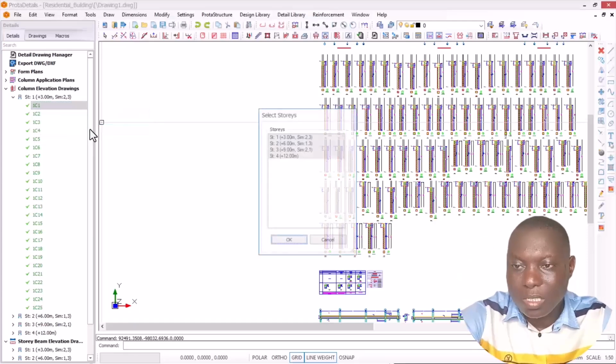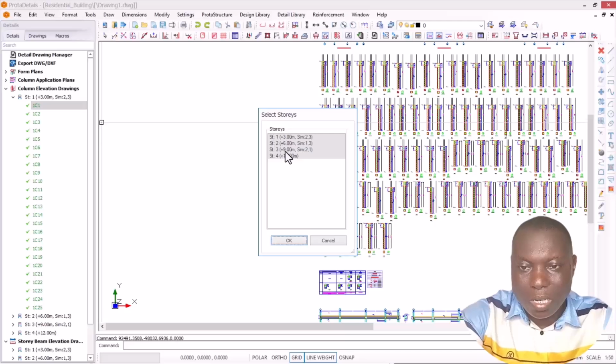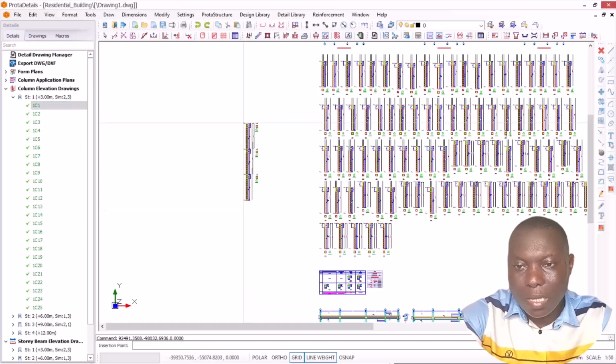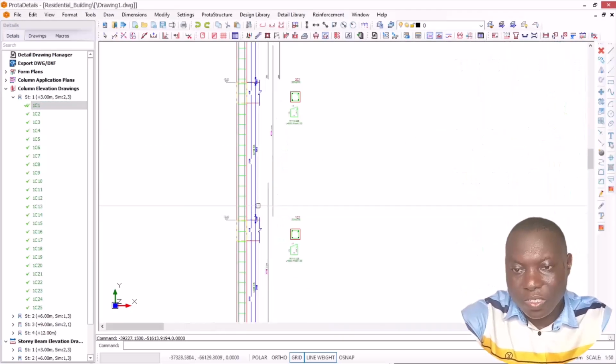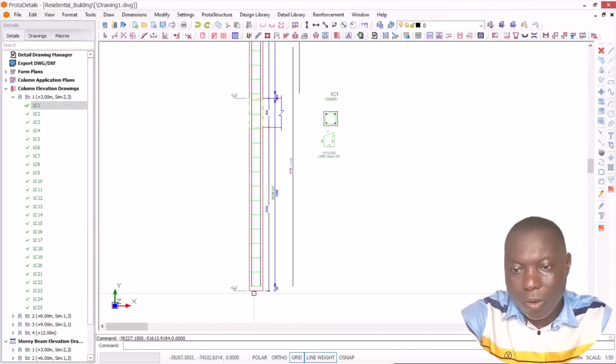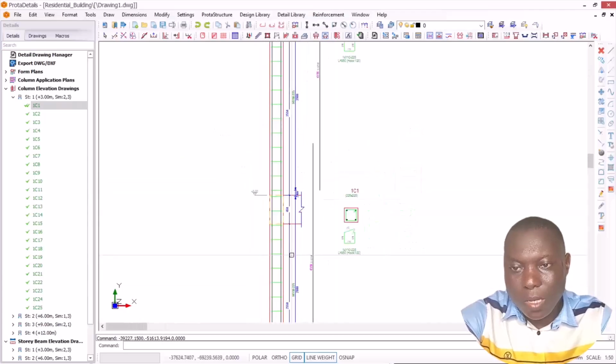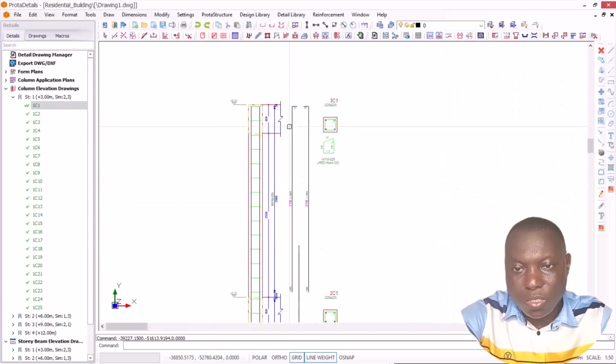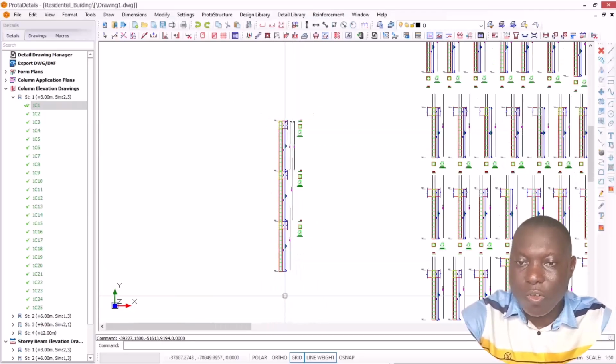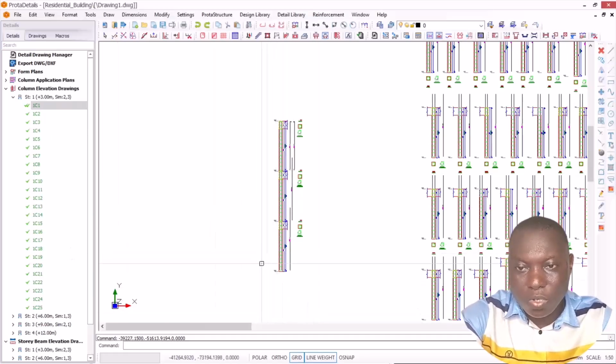So if I click on this now, you can see I can select the number of stories I wish to draw the columns through. If I click OK, right here you can see I click right in these provisions. You see, and I have the column drawn from the foundations all the way to the topmost story successfully. So this is how you can draw your column sections, all right, column detail from foundations to the topmost story